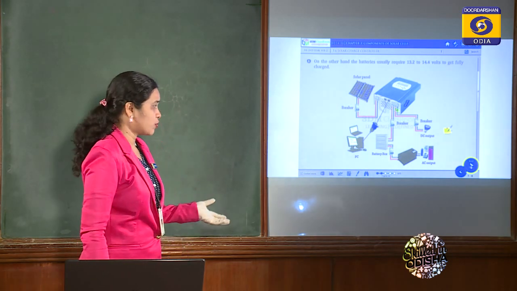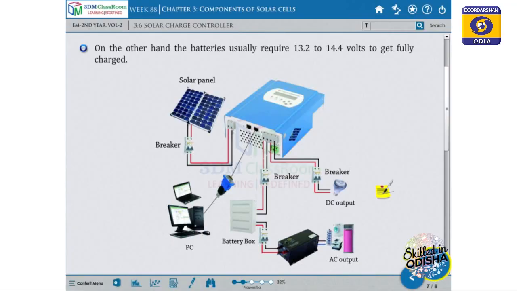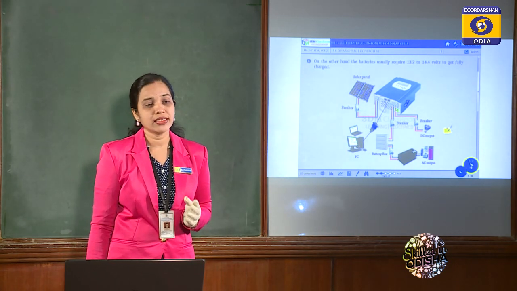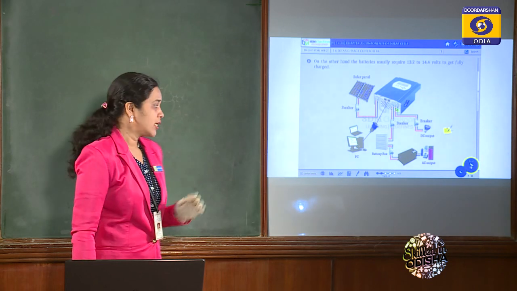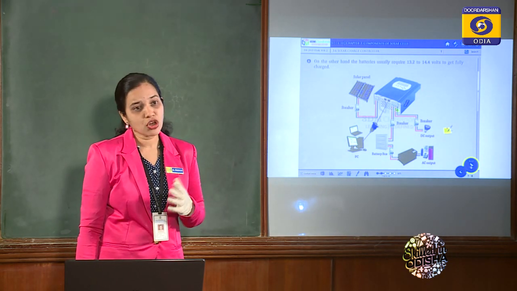It varies its output, that may be 12 volt, 30 volt or up to maximum 20 volt. So more chances are there our battery may be damaged due to overcharging. When more voltage is coming to the battery, what happens? Heat inside that battery increases. If heat increases inside that battery, then it dries the battery and our battery may be damaged quickly.